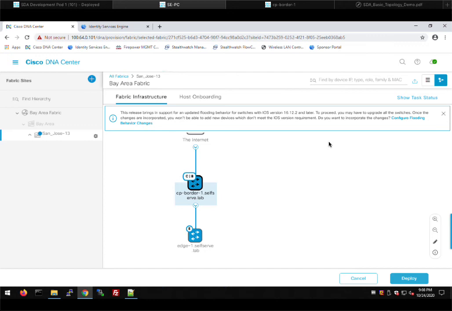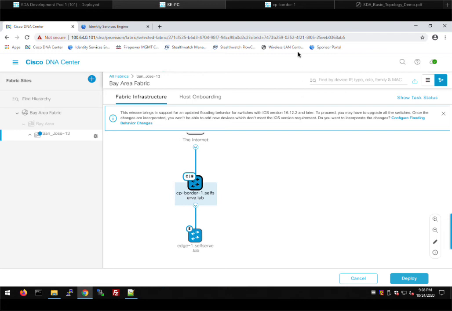Before I wrap up this video, I do want to do something I don't generally do in my demos, but I do want to dive into the weeds a little bit just to show you what border automation did. Again, one of the beauties of SDA is that it is automated, and you generally don't have to do anything at the console to fix anything or troubleshoot anything, assuming everything works. But I do want to, just from a nerdy perspective, show you what happened after I did